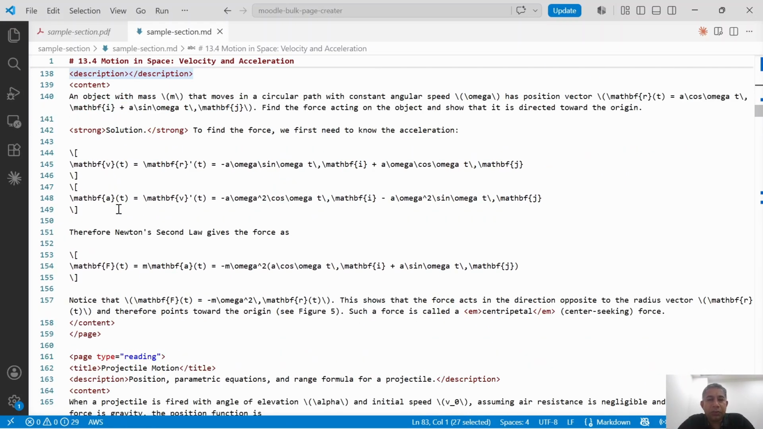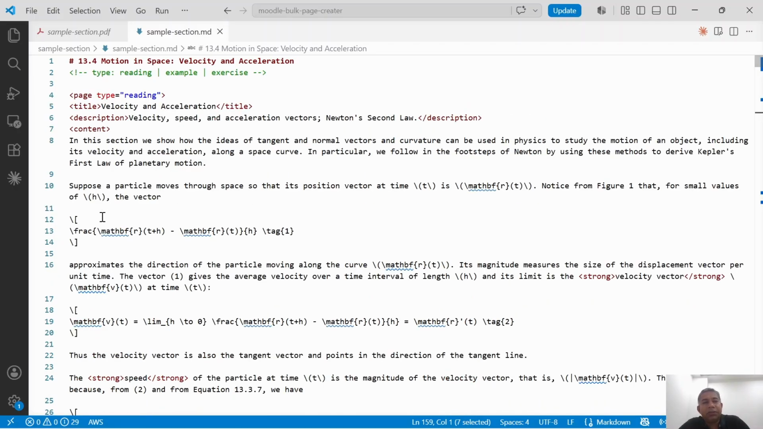And this structure of the Markdown file is required for the Python file to be able to process it. My Python script will simply process this Markdown file, loop over all the page tags, and for each page tag, it will identify what is the title, what is the main body, what is enclosed in the content tag, what is enclosed in the description tag,